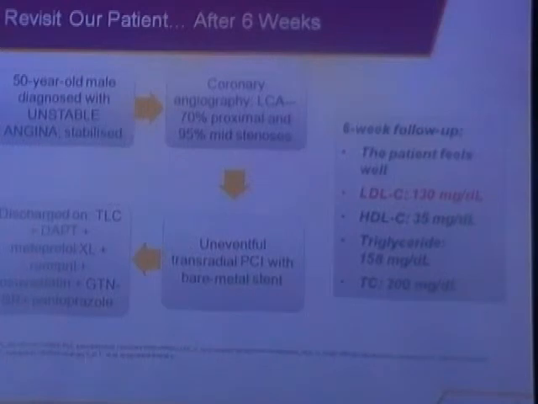This is important. One of the things when we do an angiogram for an acute coronary syndrome, we may find that more than one vessel is diseased. The general approach is to tackle the one which is the culprit, which has the thrombus burden, which is the tightest lesion. We identify that as the culprit vessel, and that is tackled and stented, and the other lesions are usually not touched during the acute intervention because in the acute scenario the inflammatory markers are high. It is a thrombotic environment, so the more stents you put in, the higher the risk of stent thrombosis and events. So if the patient is stable after the culprit angioplasty, you should leave them alone, follow them up after 6 to 8 weeks and do the remaining lesions later.